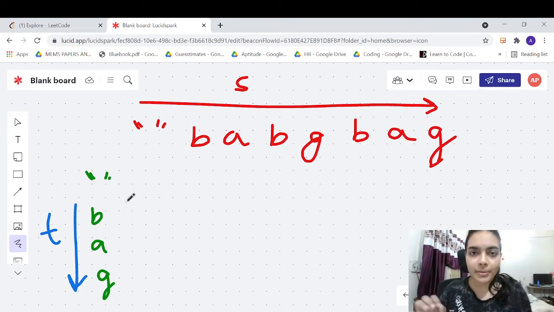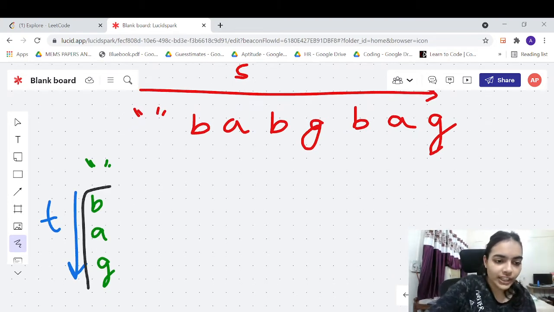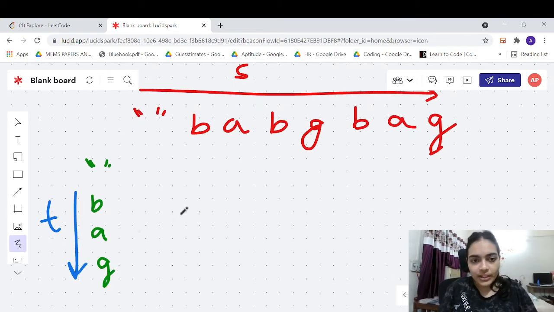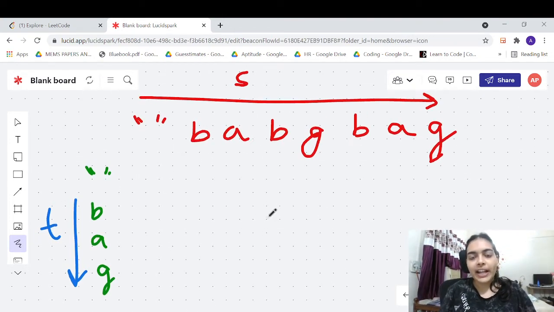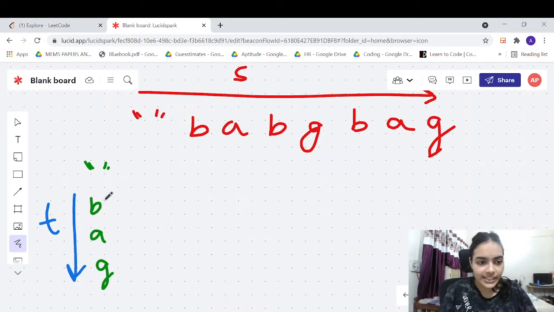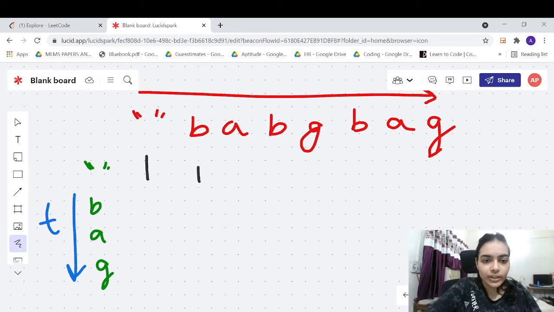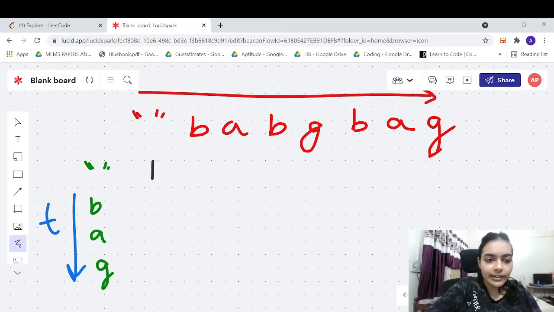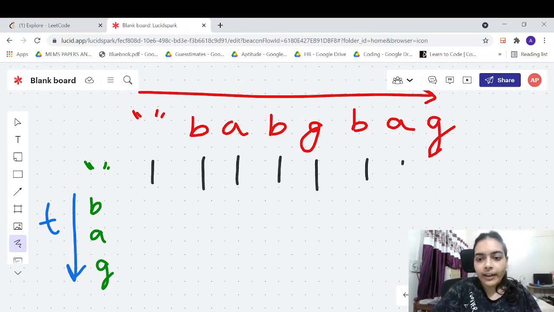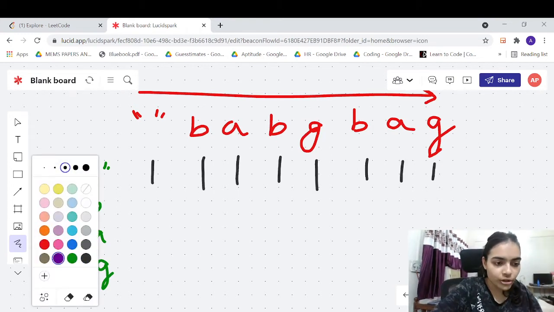So again, the problem remains the same. We need to form the characters of T, right, which are BAG, using the characters in S. Okay. So now we'll try to fill the table, and in the end we will have the number of ways. So first, when we have an empty character, right? Let's say we have an empty character along T. What does that mean? That means suppose you want to make only this empty character, then you can definitely make it, right? You don't need any character to make it. So in the first row, we can simply fill 1, right? Because you don't need any character to make the empty character. Any character is sufficient to make the empty character, right? So you can just fill 1.